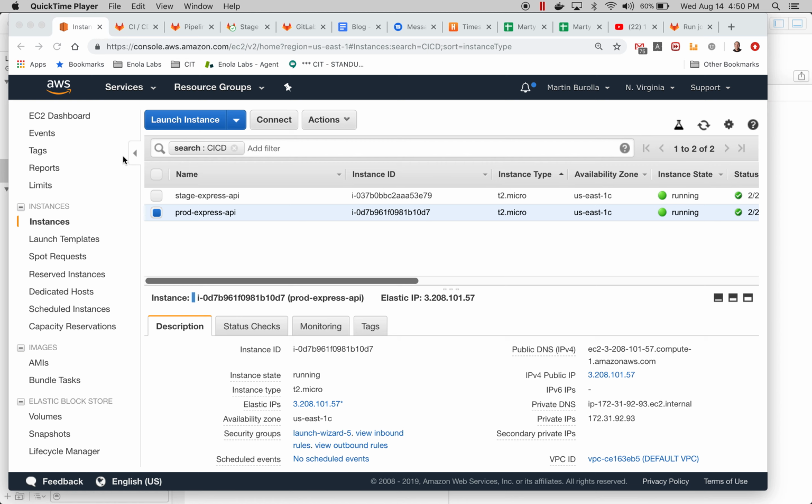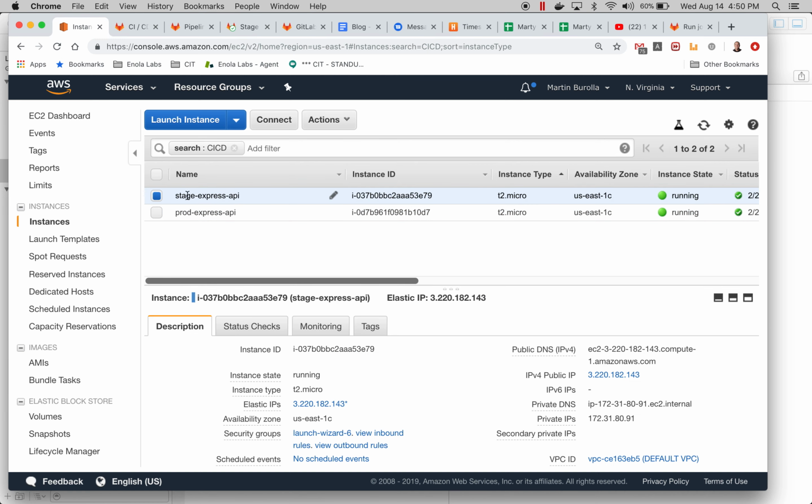This video will show how you can use GitLab to automate the deployment of code to AWS EC2 instances. So here we are in the AWS console. We have two instances running. We have an instance in staging that's running an Express API, and we have an instance in production that's running